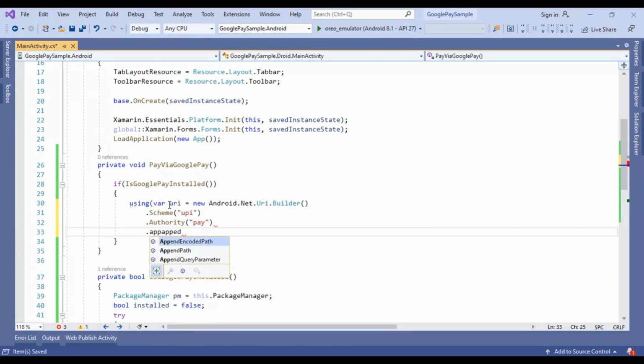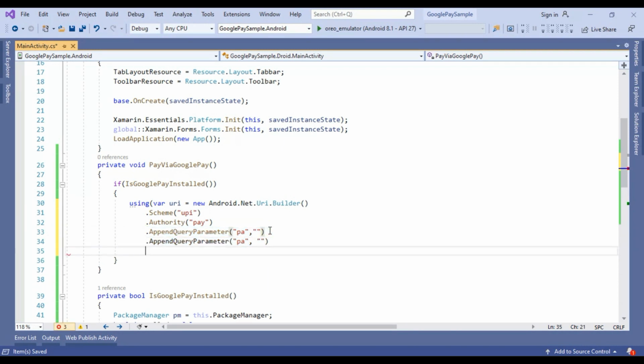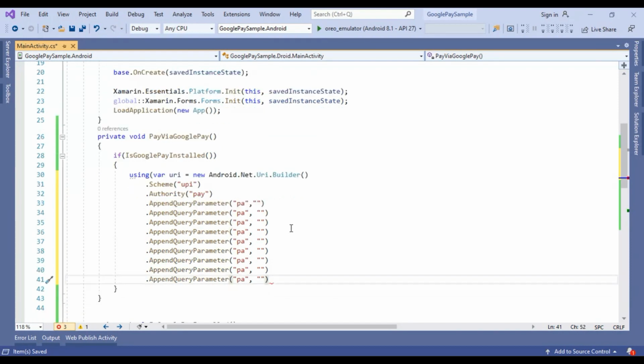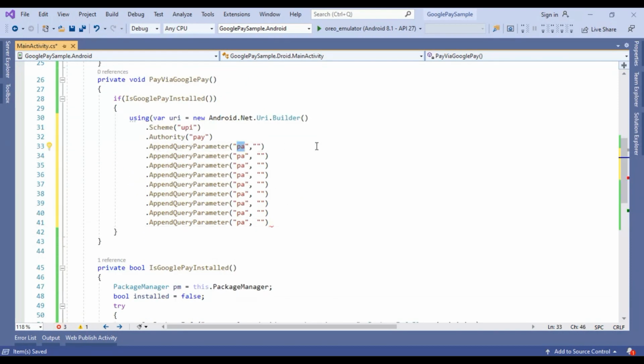Then dot append query parameter. We need to pass some parameters inside this builder, so I'm going to copy this parameter line multiple times. First of all we need to pass the paying authority, that means for whom we want to pay.